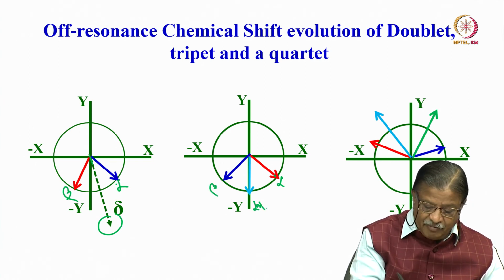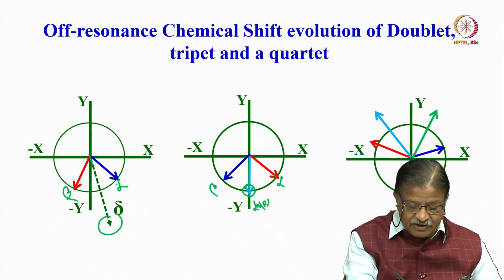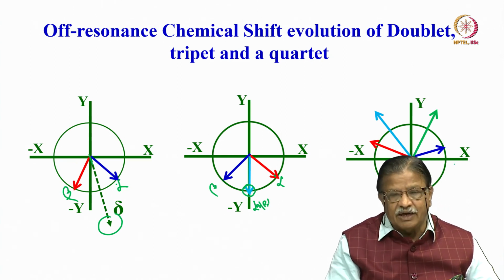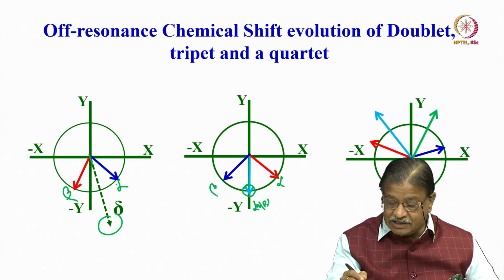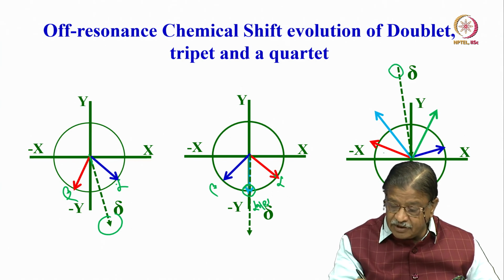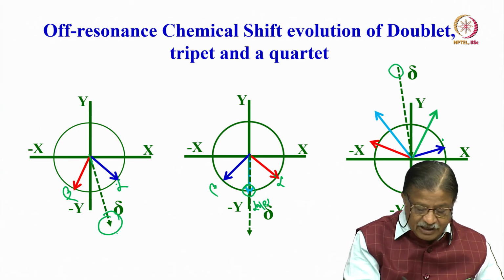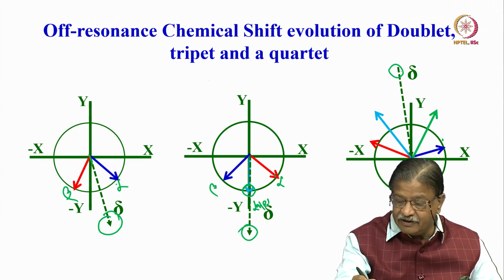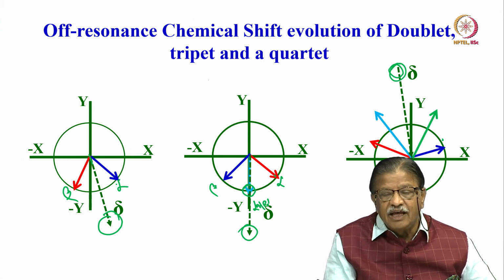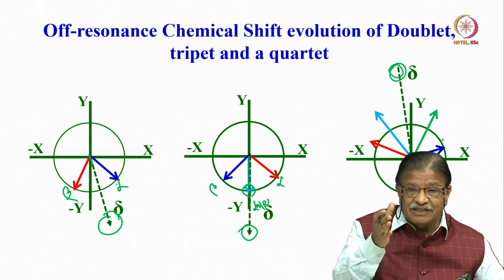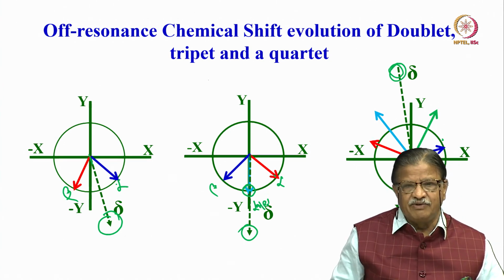This is alpha, beta, beta, alpha. Now the center is here. The chemical shift of this has evolved like this. If I consider the quartet, a doublet is here, a doublet is here. Where is the chemical shift? Exactly at the center here. So, this is the chemical shift evolution: this is the doublet center, this is the central component of the triplet, whereas this one is again at the center of the quartet. Hypothetically there is no peak, but you have to understand how the chemical shift is varying. You can even calculate the frequencies, everything, later.